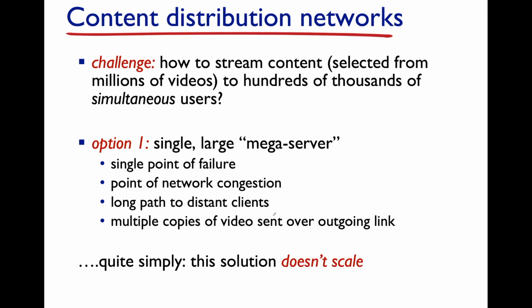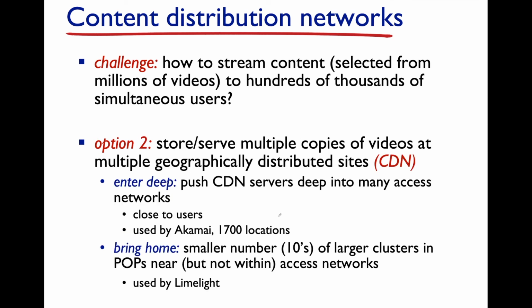If you have a mega server, you want to try to place multiple copies of your content closer to the access network for the different clients that are going to access it. And so the second option then is to take multiple copies of your content and push them into multiple geographic locations. And so if you're Netflix, you put copies of it in a data center on the West Coast, on the East Coast, the